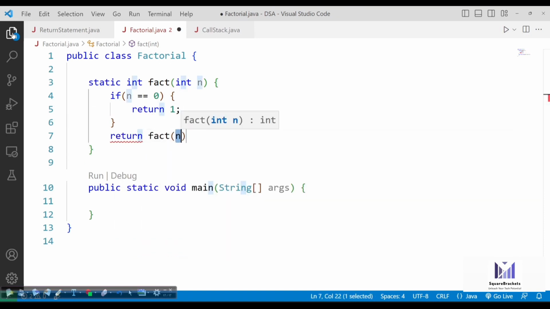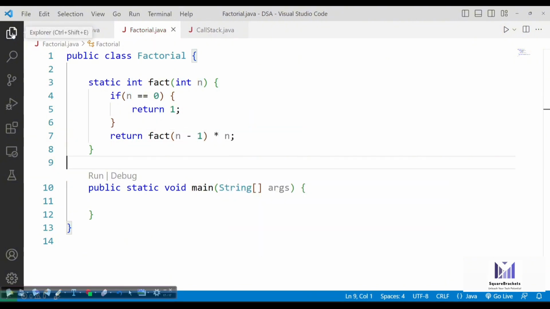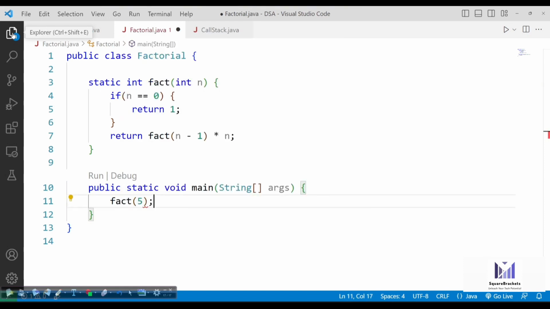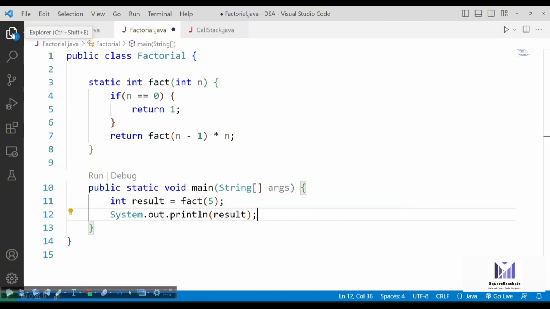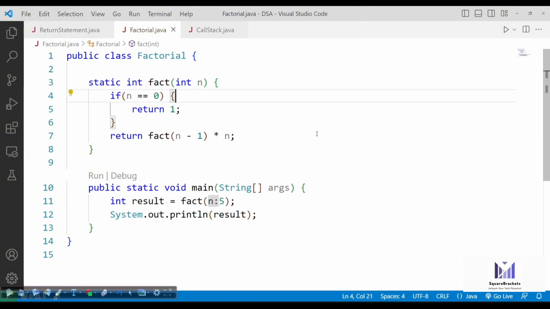Otherwise, return fact of n minus 1 into n. That's it. So this is going to be the working of factorial program, and let's try to execute it using 5. In return, you will get some result. So let's print the result variable here and check the output.